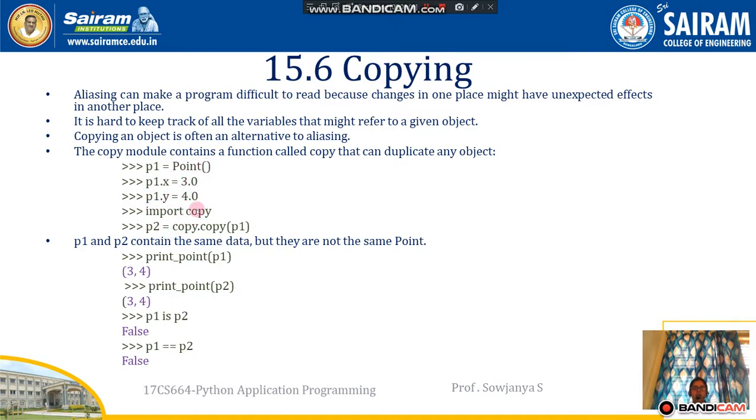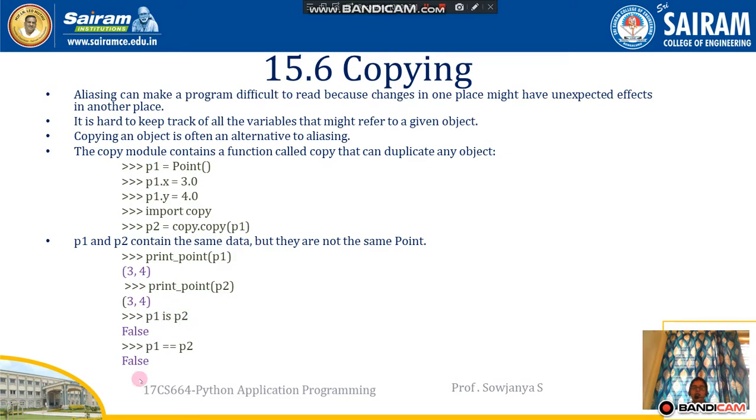If we are directly importing this, how can we do it? p2 is equal to copy.copy of p1. That means it is copying the values 3.0 and 4.2 to p2 also. Make sure p1 and p2 contain the same data, but p1 and p2 are not the same. How can we prove that? For example, print the value of p1, it is giving 3 and 4. p2 is also 3 and 4, the data is the same,